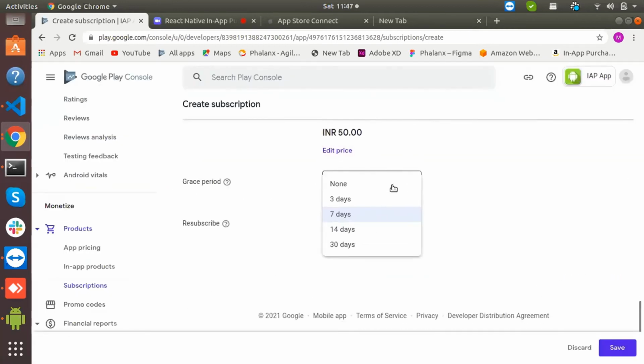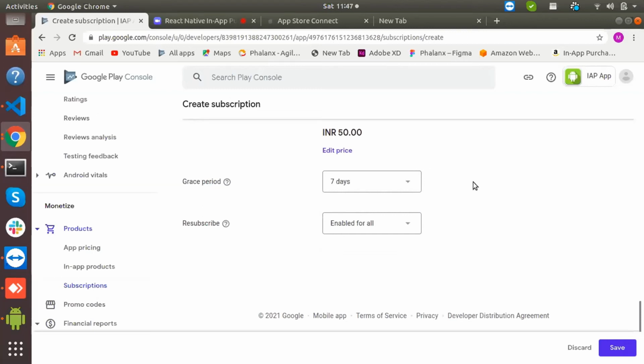The grace period is the period in which, suppose the user set the payment method as a debit card and he has some problem with his debit card when the subscription ends.